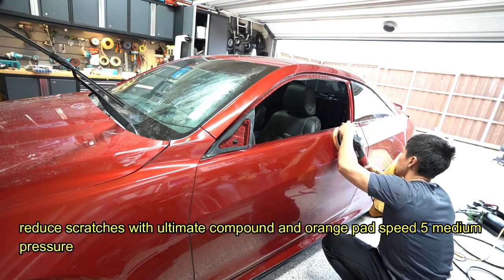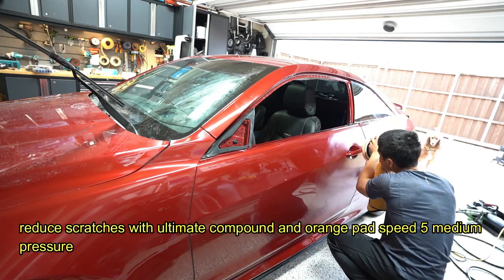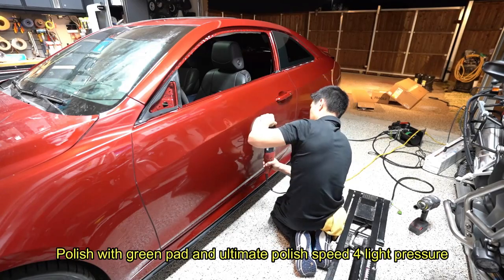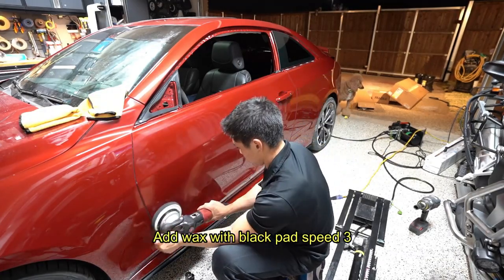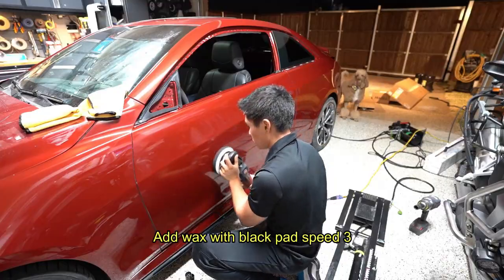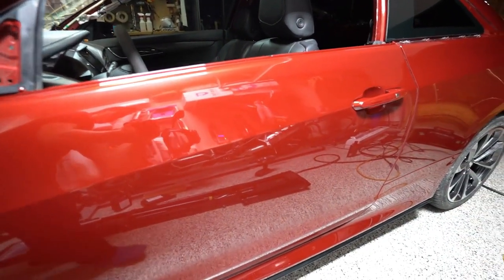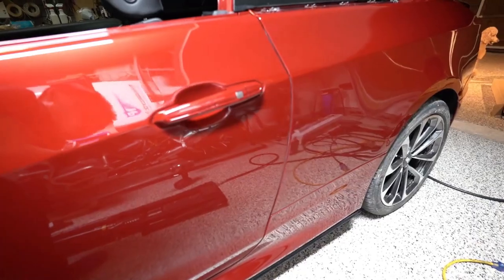Alright guys, can you see that orange peel? This is on the quarter panel, okay? And then here you can see it's smoothing out. Now you have almost a mirror finish. Looks really good. I mean, overall, I'm really...